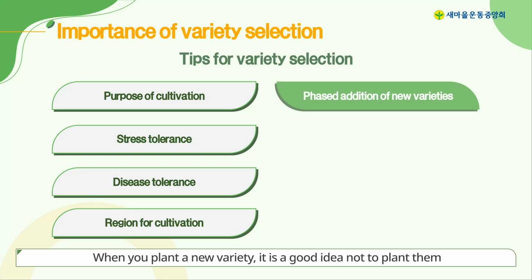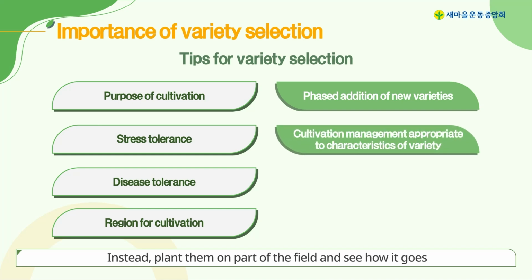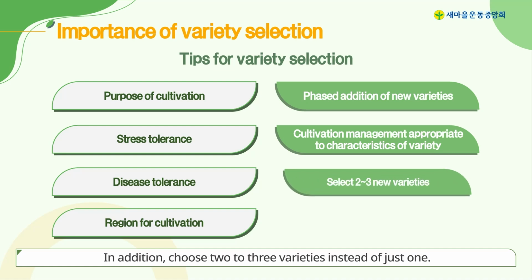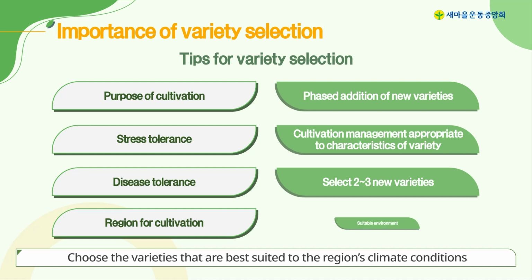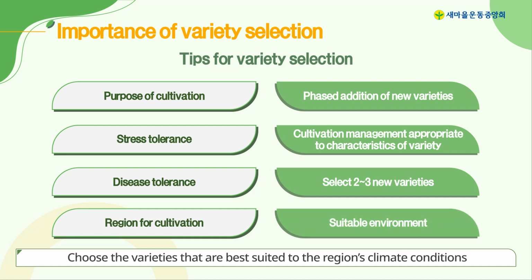When you plant a new variety, it is a good idea not to plant them on the entire field right away. Instead, plant them on part of the field and see how it goes, and then plant gradually over the rest of the field. In addition, choose 2 to 3 varieties instead of just one. It is better to choose both early maturing and medium maturing varieties or varieties developed by a couple of different